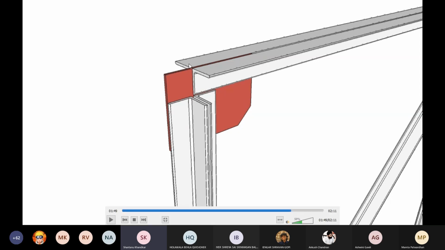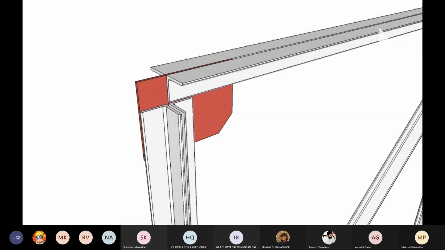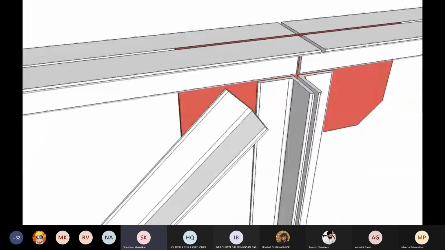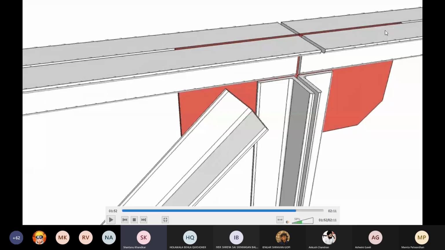The gusset plate, as you can see, is sandwiched between these two members, these two equal angle sections, and they are both welded to the same gusset plate, and that's where the connection actually happens. Similarly, you can see this connection. This is where two sections of the lattice girder are meeting, with the top chord here, a post here, and a strut here, and all of them are coming here and meeting at the gusset plate.